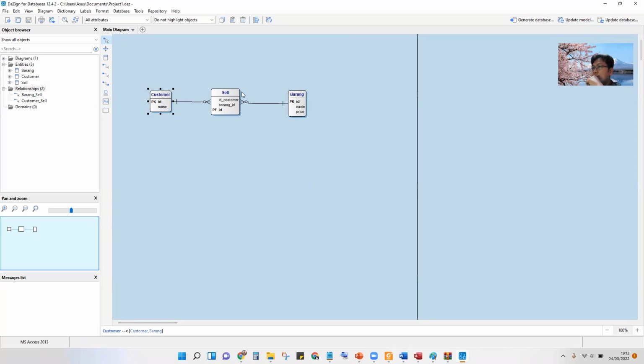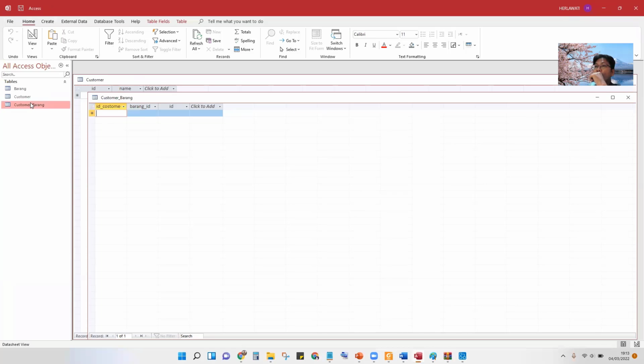But of course this is the wrong style, because one customer only buys one product here. If you want to get a lot of products in a relational database, we do not allow a lot of stuff here. For example, we buy book, pencil, pen, etc., not inside only one field.